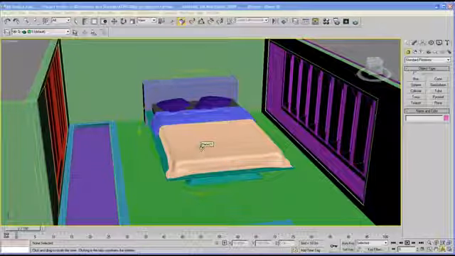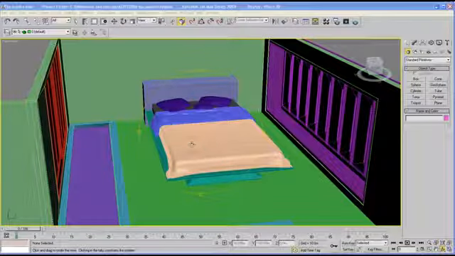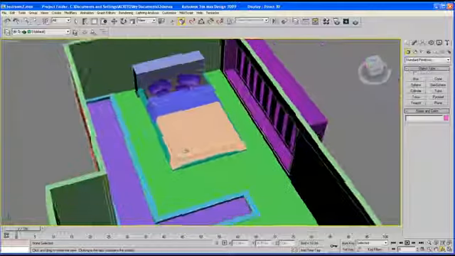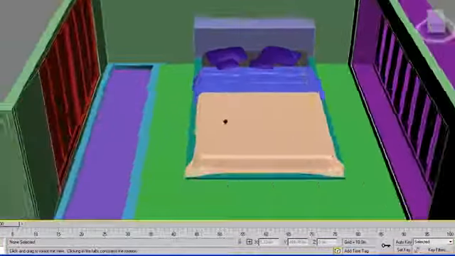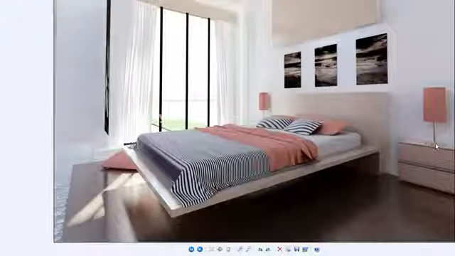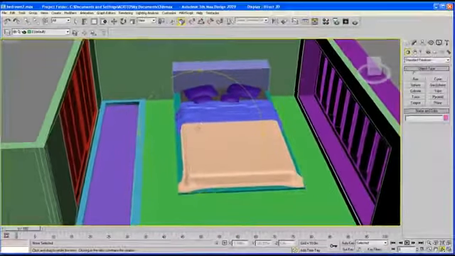Hello and welcome to lesson 5 of our interior modeling tutorial using 3D Studio Max. Now in the last lesson we created the pillows and all these other objects. In this tutorial we're going to work on the bedside tables and the lamps. So let's go over to 3D Studio Max